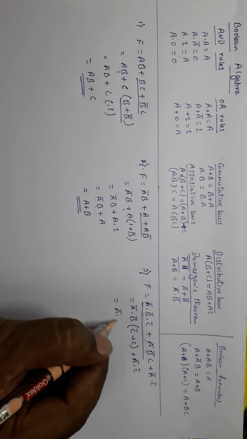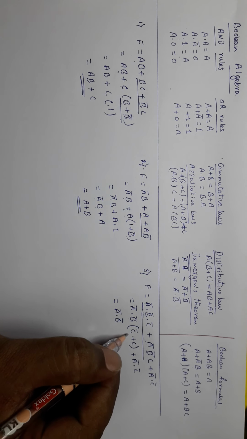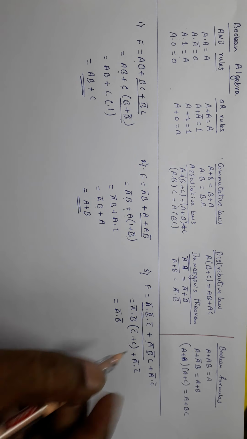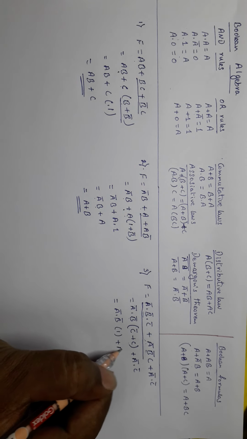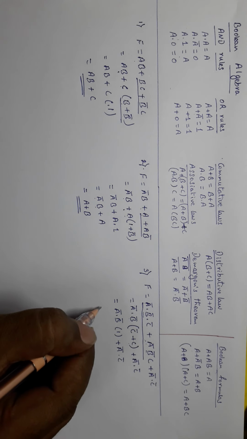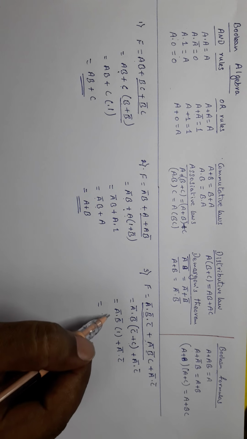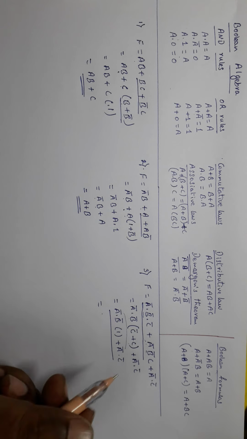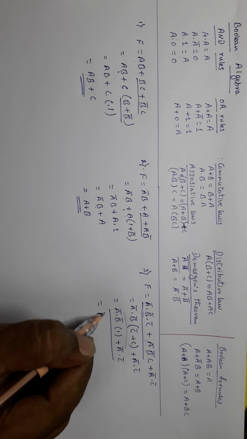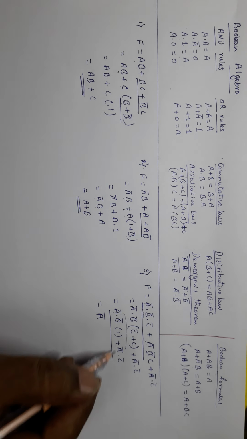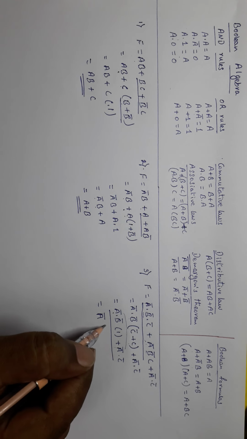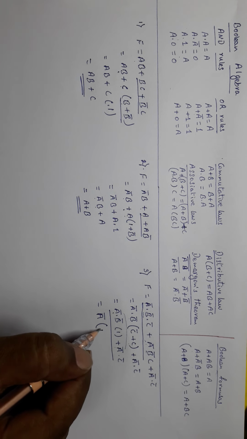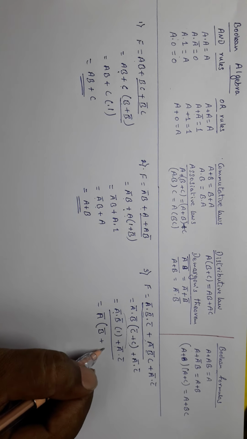So a complement into b complement, we know the c + c complement equals 1, like a + a complement equals 1 by or rules. The same thing, c + c complement equals 1, plus a complement into c complement. So in this also, by taking the common in these two terms, which one? A complement is the common variable in these two terms. We will get a complement into (b complement + c complement).